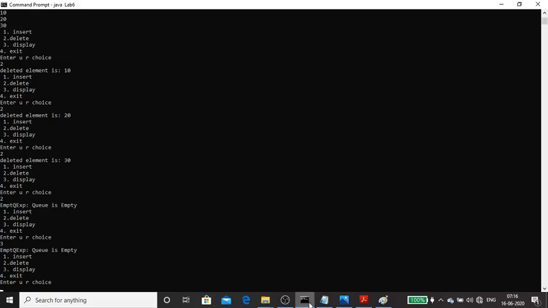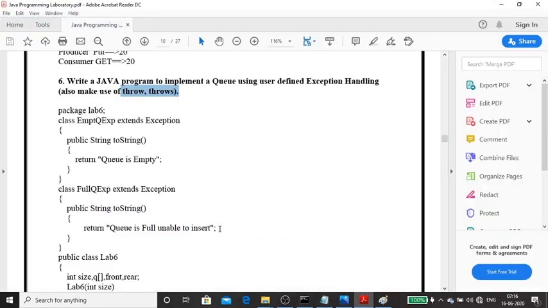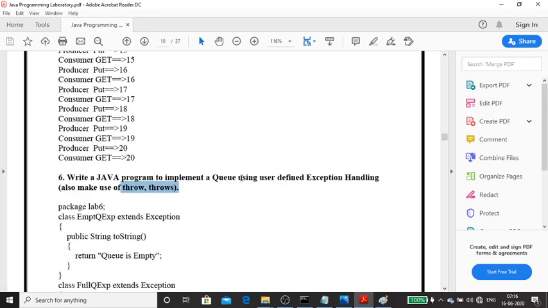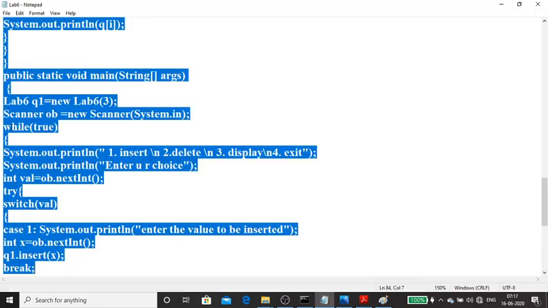That's it. Now first you copy this question: Java program to implement a queue using user defined exception handling by using both the keywords throw as well as throws. After that you copy this particular program.